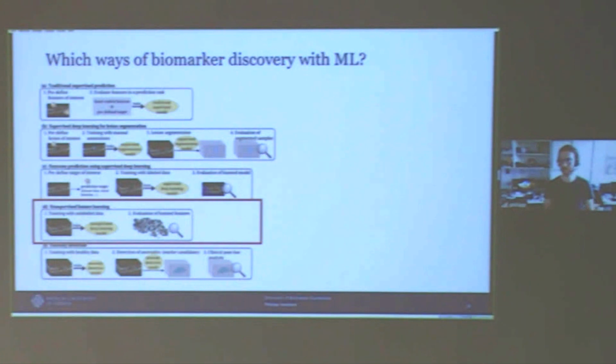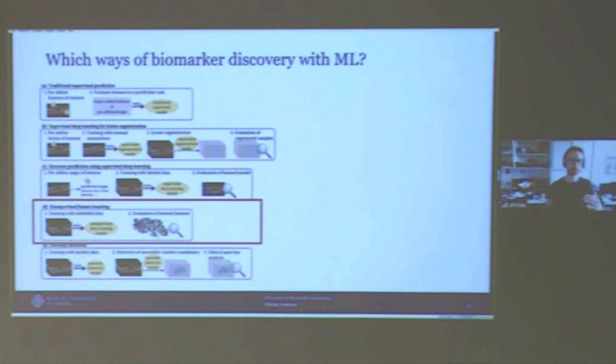So the fourth possibility on how to discover biomarkers is unsupervised feature learning. I think these last two things are particularly interesting because they have a more exploratory nature. In this unsupervised feature learning approach, you train with unlabeled data. So the advantage is, of course, that you're not biased towards a specific task. You also do not need labels. On the other hand, of course, it's much harder, because finding a good representation or good features without having a specific target is a very hard task.